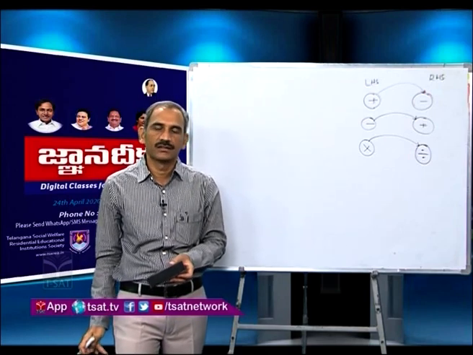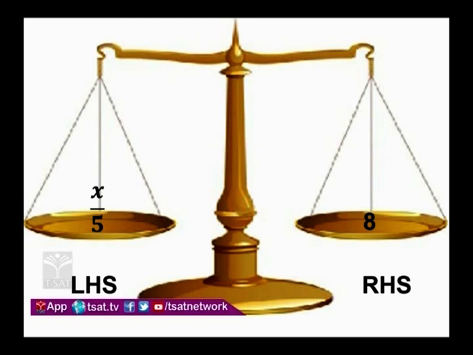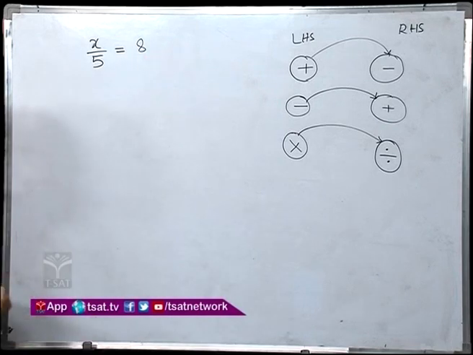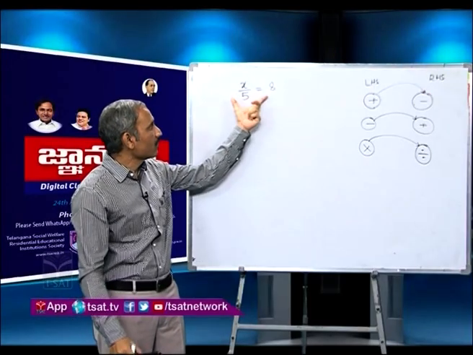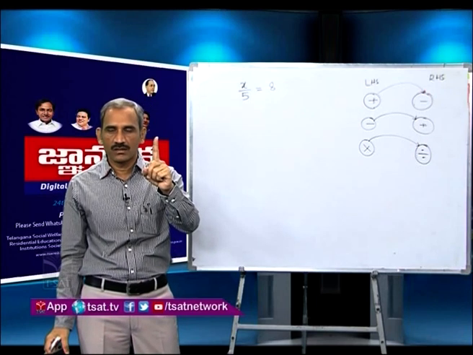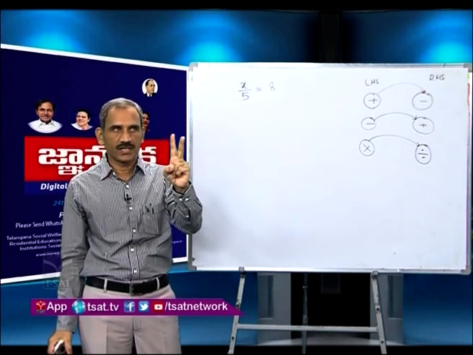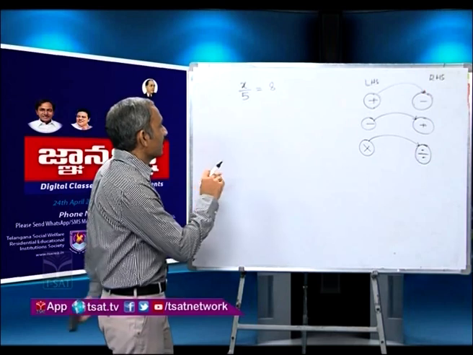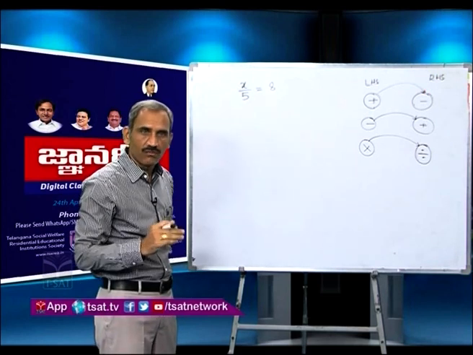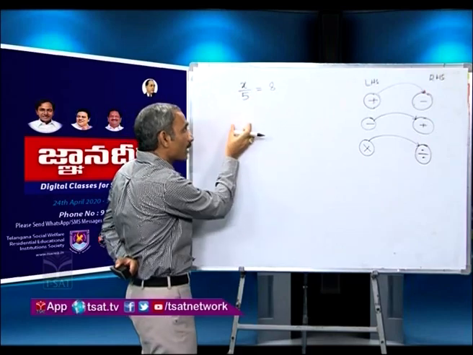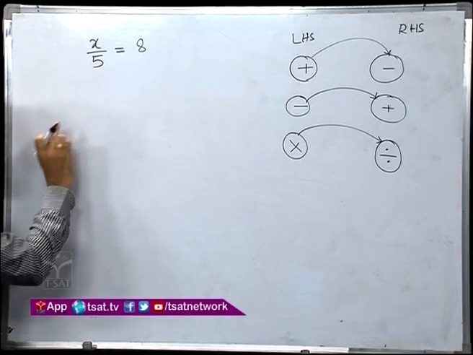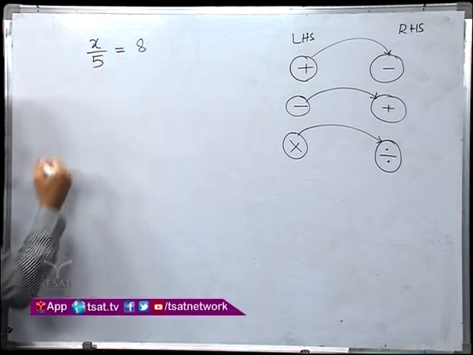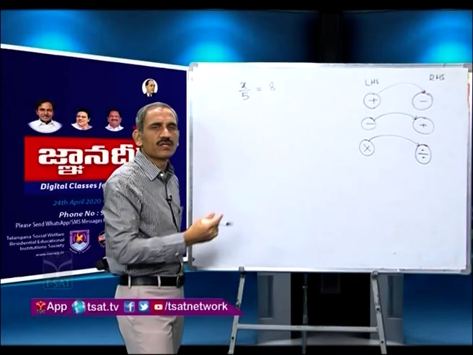If you look at the slide, there you can see the equation x by 5 is equal to, what is in RHS? 8. Right. Now, how can we solve this equation? In the first case, we have taken addition, second case subtraction, third case multiplication. Now, this is the fourth operation, division. Again, here what is the variable? X is the variable. To find the solution, I want to retain only x, the variable, in LHS. How can I remove this 5? If you multiply with 5, then 5 will get cancelled. You will be left with variable x only.